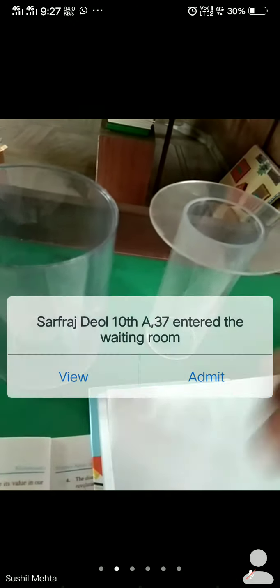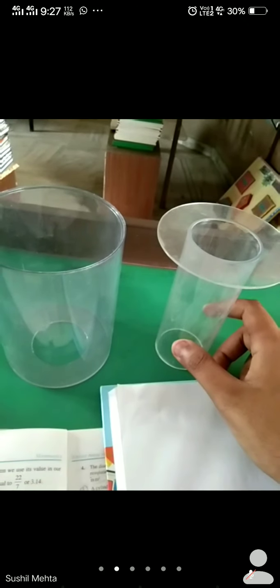This is the inner curved surface area. I can touch it here, from here and here. Just ignore this thickness. I can touch here also, here also. So this is the curved surface area, and the formula is 2 pi r h. This is the area of the disk, which we have to add.